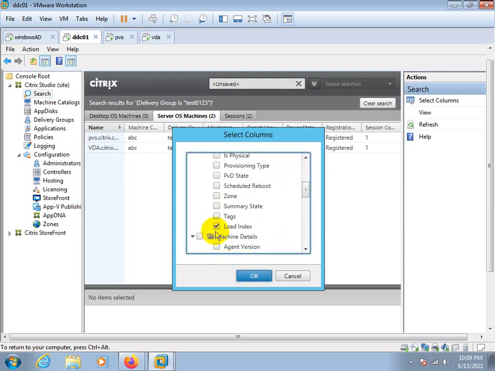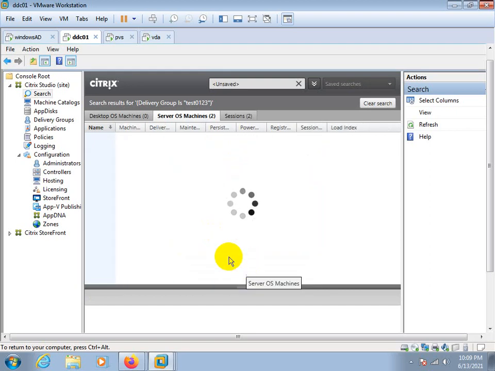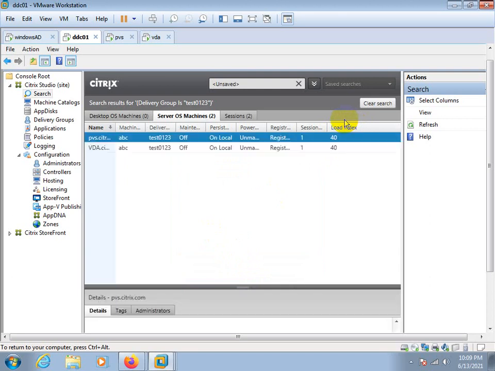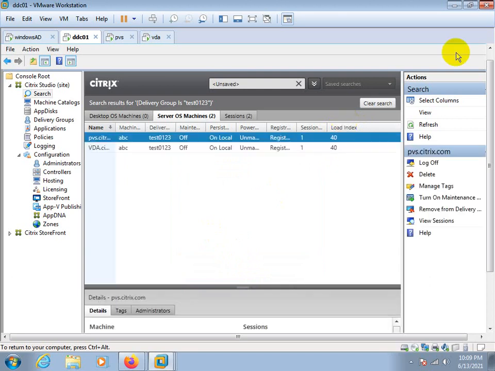Load index. Select this, click on OK, and this is the load index. Whatever load is on the server, you can see. Okay, load index is showing 40.